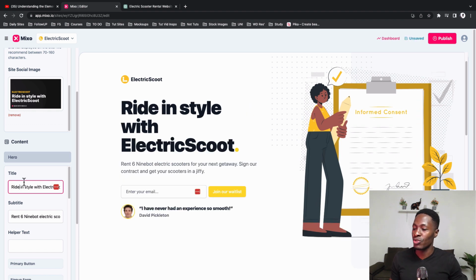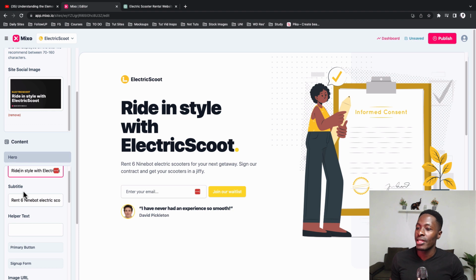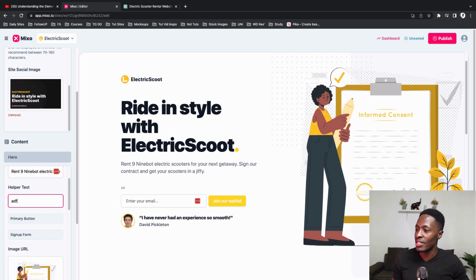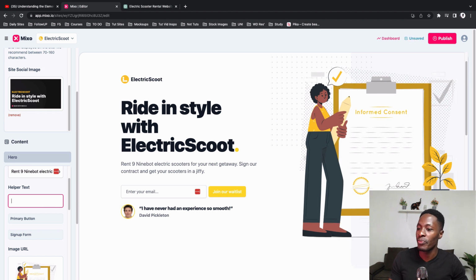I'll take it back to the right style. Then the subtitle, which is this over here, you can change that as well. If you have 7 or 8, you can change that to the figure that you want. So we have the section of the helper text, which appears just before the opt-in form, and you can add